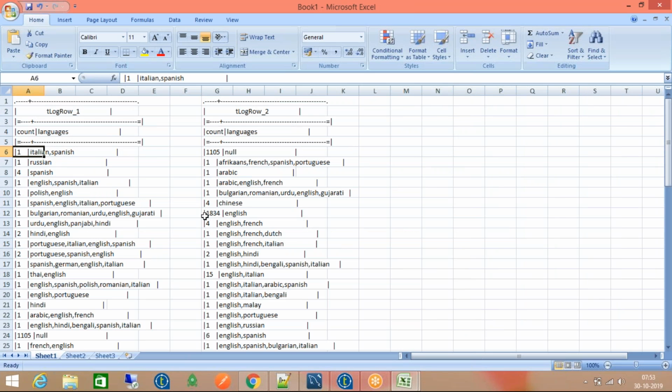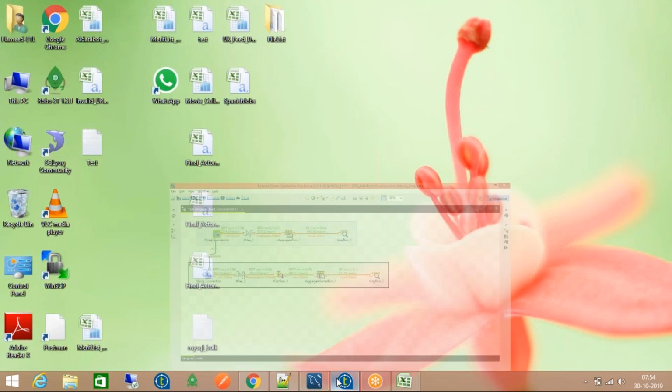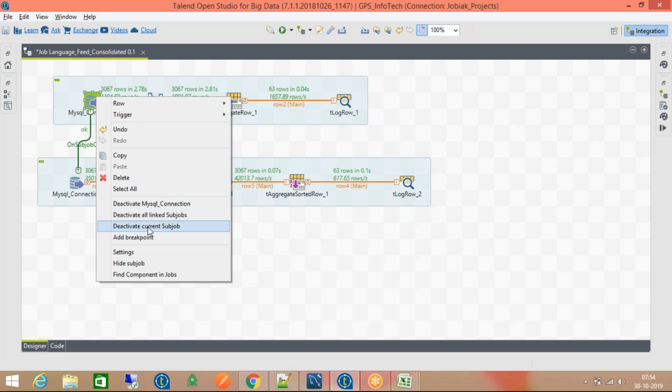Since it is having only for Chinese, suppose you take Chinese, for English you'll be having 1834. Just wanted to check a single sample URL for that. I need that sort of consolidated report. So what we can go with